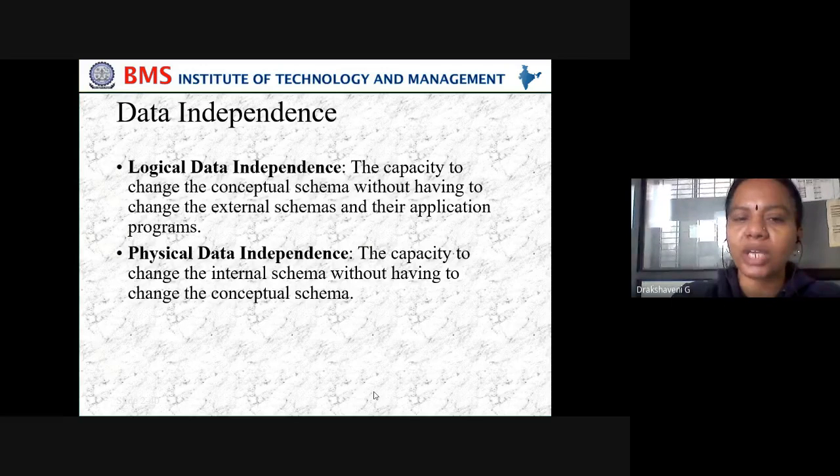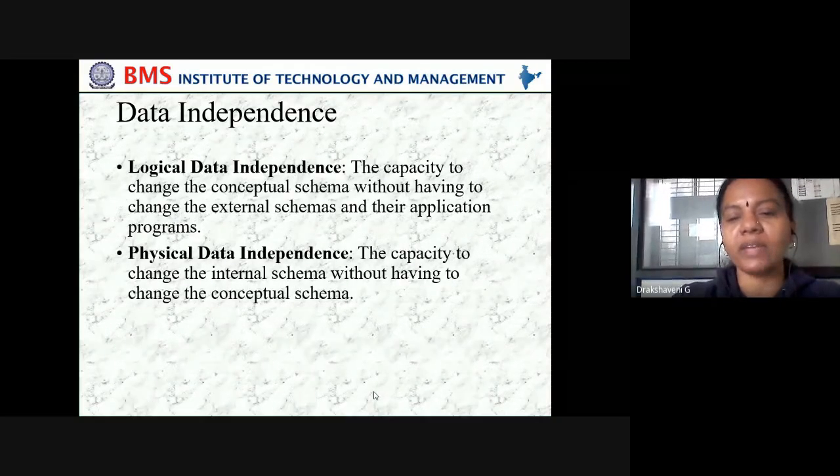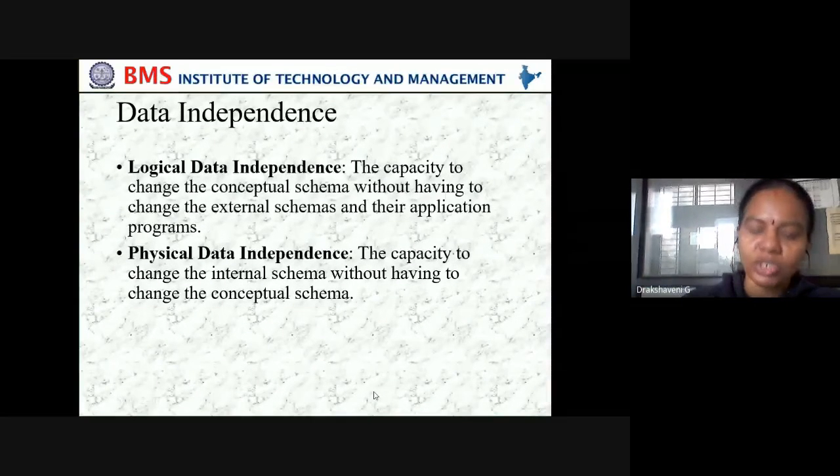The capacity to change the conceptual schema without having to change the external schema and their application programs is what is called logical data independence. For physical data independence, it is something like before last March, you were coming to the college and physically sitting in the classes and we were taking the classes. In the same way here, physical data independence is the capacity to change the internal schema without having to change the conceptual schema.